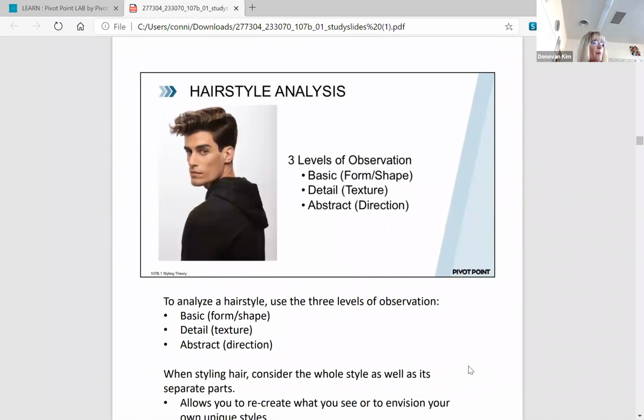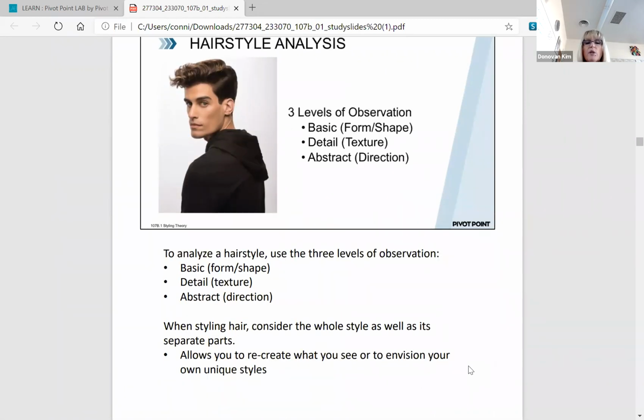So for any type of hairstyle, we have to analyze it, right? So we're going to use these 3 levels of observation again. We have our basic, our detail, and our abstract. So look at it as a whole first. Look at the whole thing and then break down the parts. That way you can